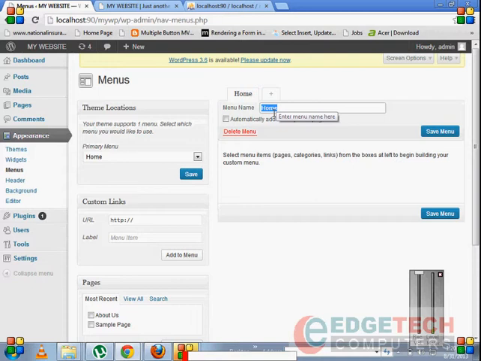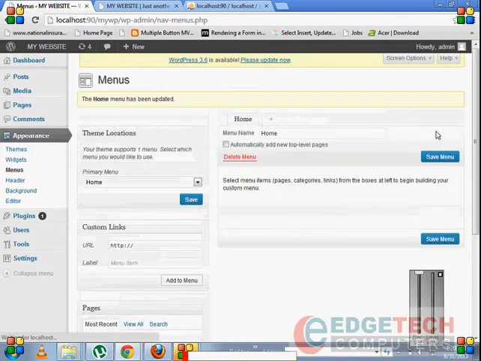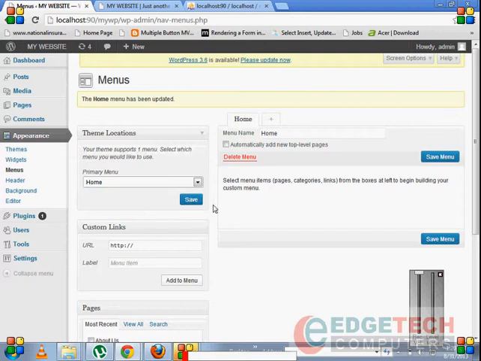So enter any name like this, and then select the save menu option. Once you have given a name, select this name and save it like this. This is only for accessing your home page. You can give any name, whatever you like.